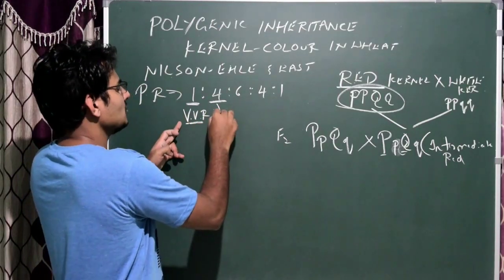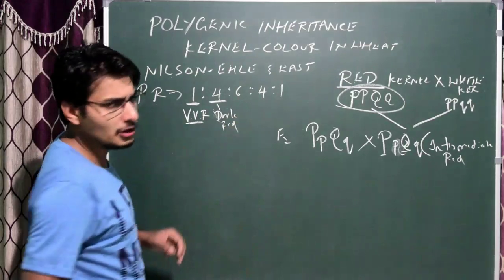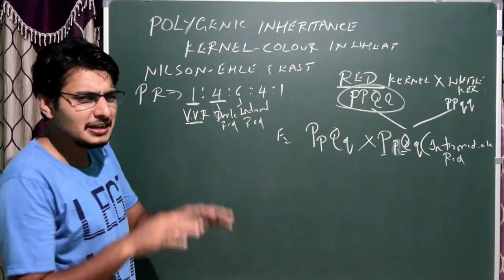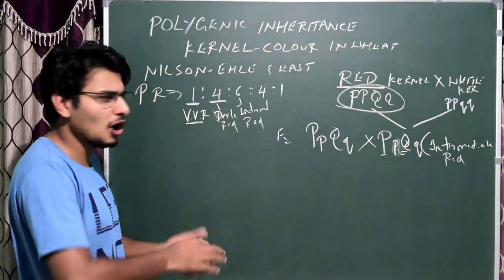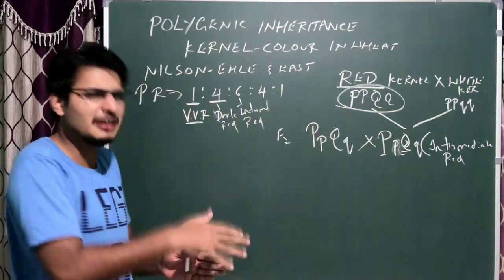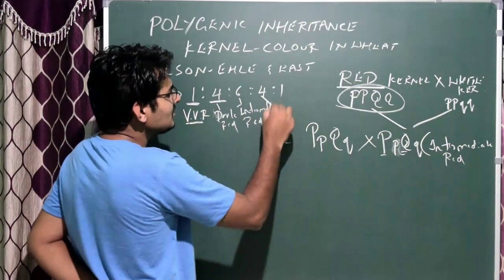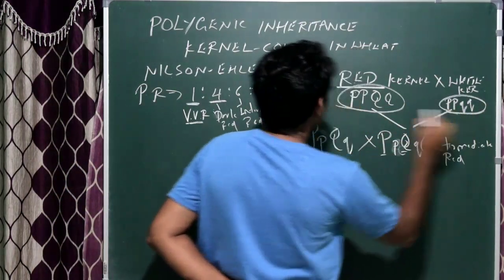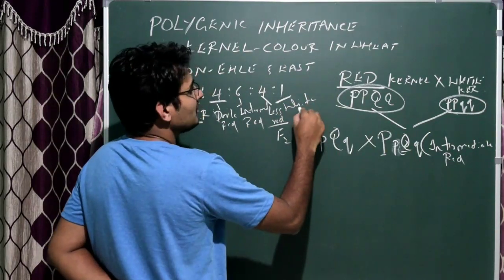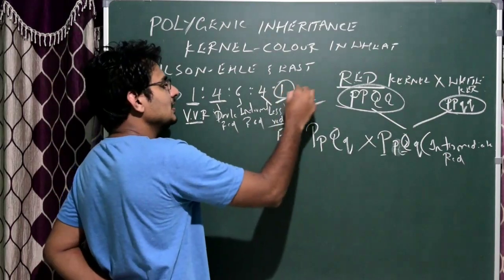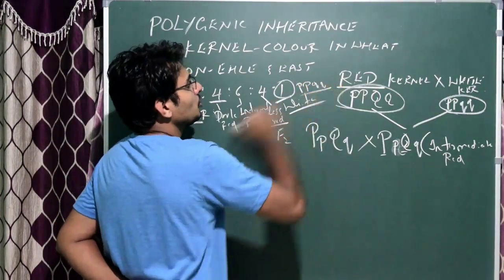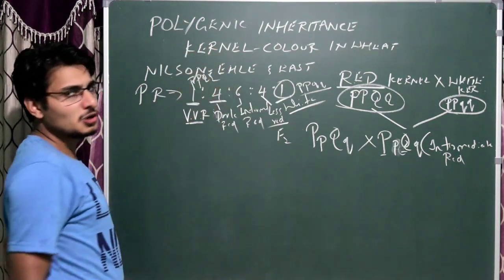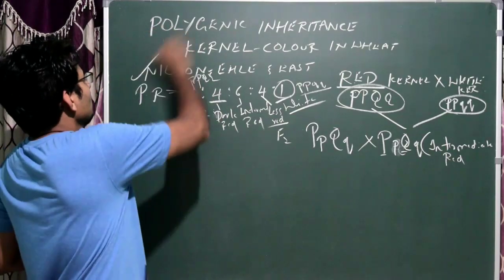We just write dark red. Okay, in this case, intermediate red. Okay, so intermediate between red and white, so we write intermediate red. Almost it is reddish in color, not whitish, but very less reddish. Okay, so in this case actually less red. And finally this one is the white color. Okay, so the white kernel. So remember the last one, obviously this one is recessive, p, p, q, q. This one is homozygous dominant, P, P, Q, Q. That's all about it. Very simple actually. Please remember these two things.